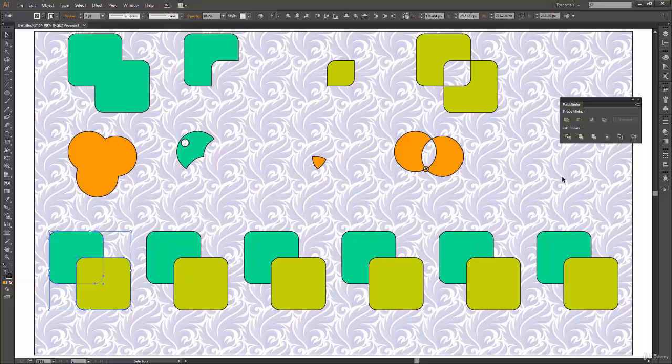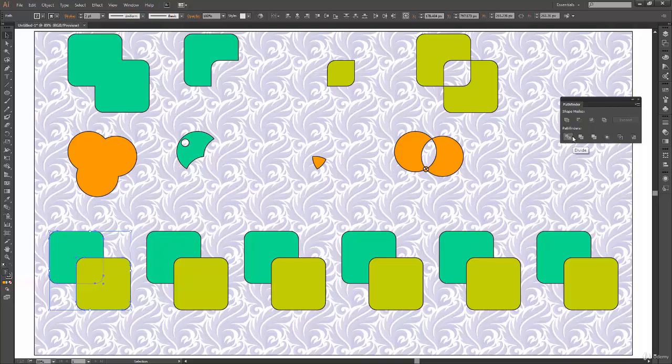Now again, for these bottom operations, these Pathfinder operations, you need to have some kind of fill in your shape, because for most of these operations like trim or merge, you definitely need to have some kind of fill. If you don't fill any color inside your shape, then the operation might not work the way you want, or some of these operations will not work at all. So just be mindful while performing these operations that you have some kind of color fill inside your shape.